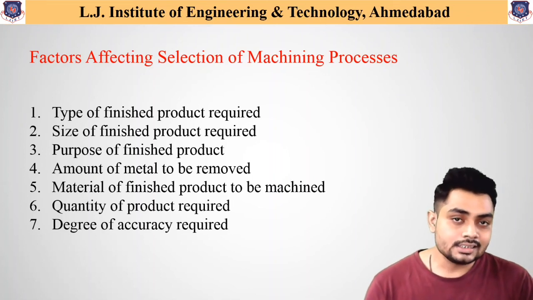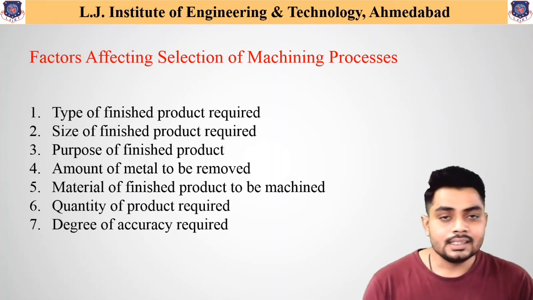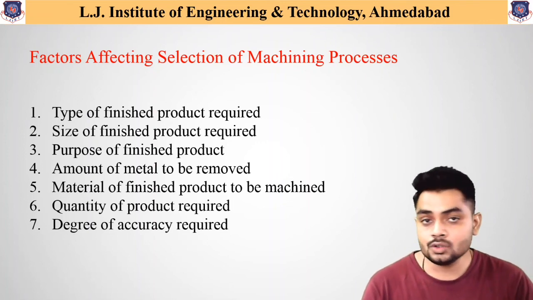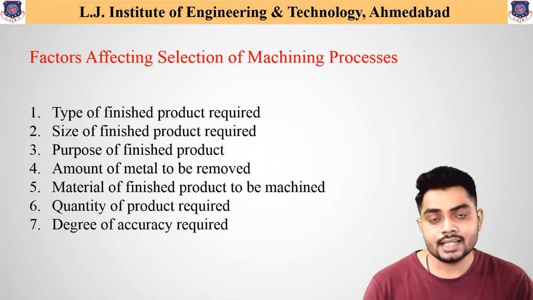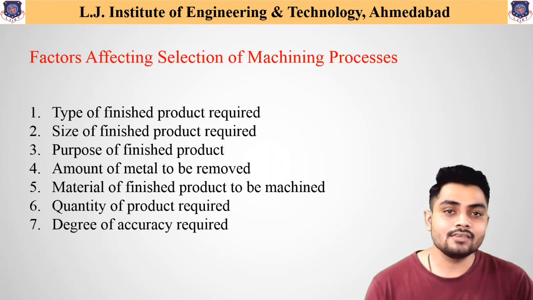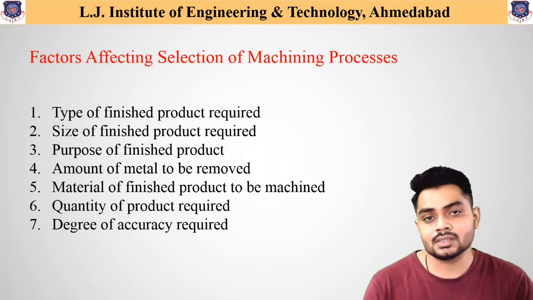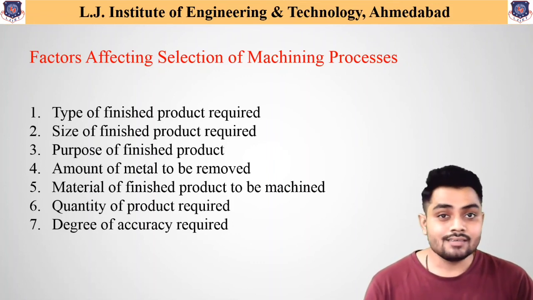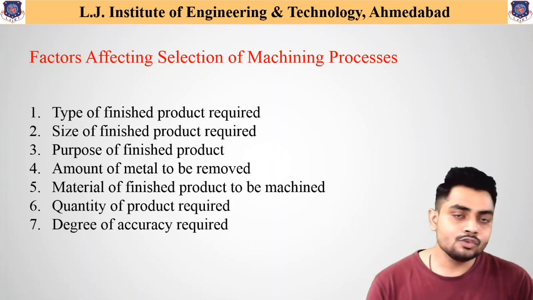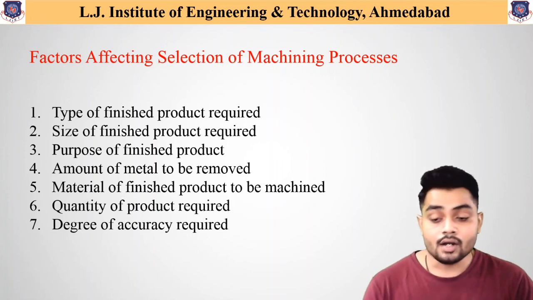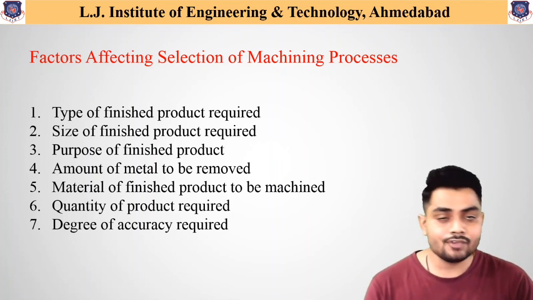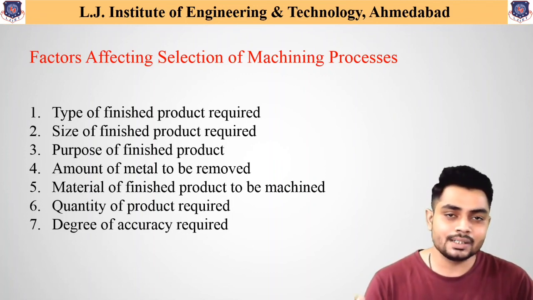So in this lecture, we have discussed the basic primary and auxiliary motions available in the different machine tools, what machining is, the classification of machining processes, and what the factors are to select these different machining processes. In our next lecture onwards, we will continue with different topics of chapter 1, that is the different classification or principles of the machine tools. I hope you have clarity about the different topics that we have discussed in this particular lecture.